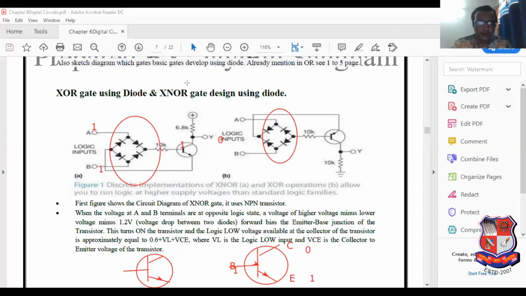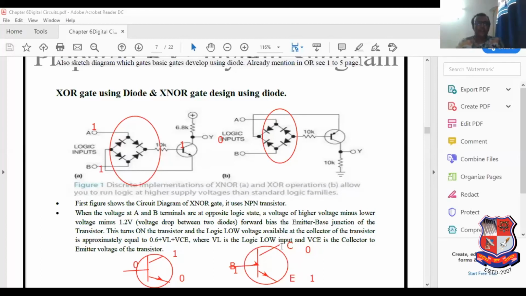If here 0 volt, in the entire lecture I will discuss this concept more than 3 times, so you will be able to easily understand. Here 0 and here is 1. Why here 0? Because the base emitter junction is connected in forward bias. Why here 1? Due to the supply voltage VCC, we can get 1 here. Current will not flow through the base emitter, that's why here 0 volt. So the base emitter junction is in reverse bias, so here also 0 volt. And due to the supply voltage, here we can get 1. So here 1 1, so the answer is 0.